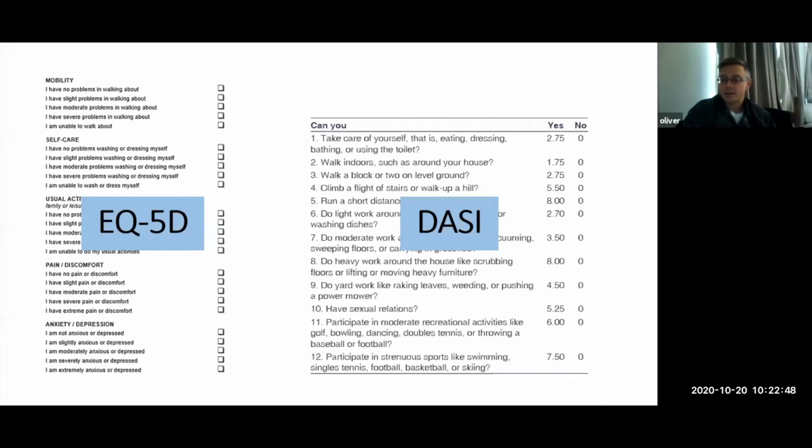And then the Duke Activity Status Index on the right, which looks at various activities and what patients can or can't do, and scores those all, and you add up the score to get an overall score. So these are health-related quality of life measures that allow you to put a number, if you like,